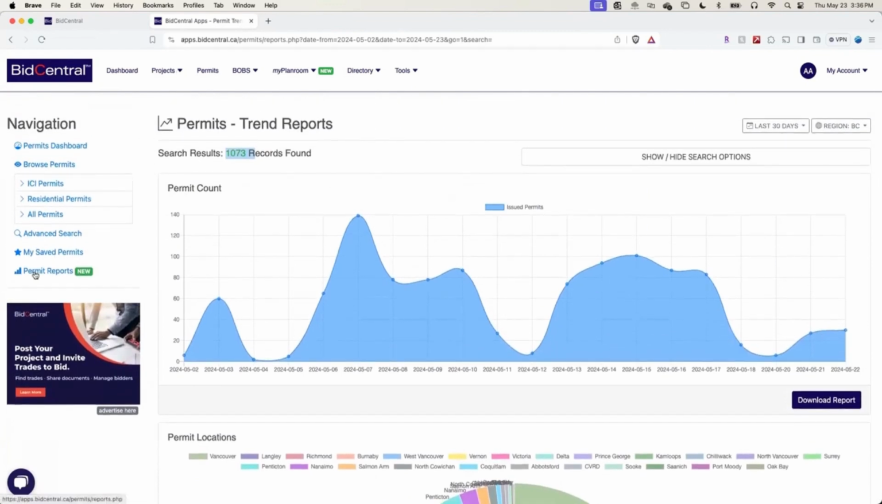So that's the permits database. Again, really helpful leads, depending on what your company does, but gives you an idea of who's building what so that you can contact them and do your sales pitch. Okay, moving